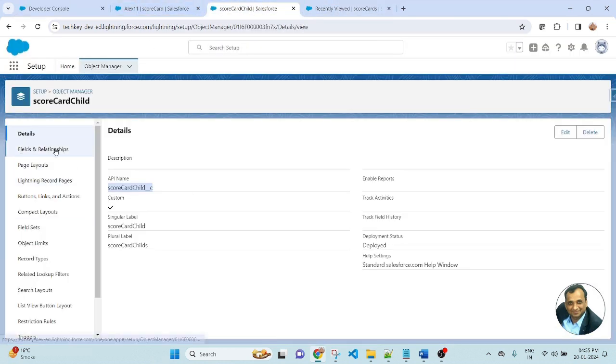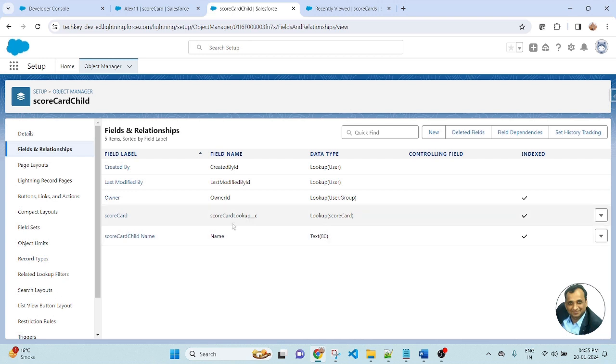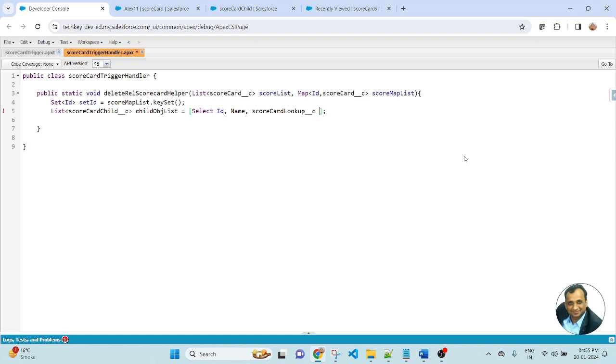So here go to the field relationship. Here I created a scorecard lookup. This is a lookup relationship between the parent object and the child object. Copy the API name, from scorecard child, where ID in.